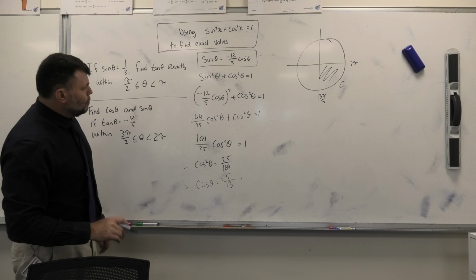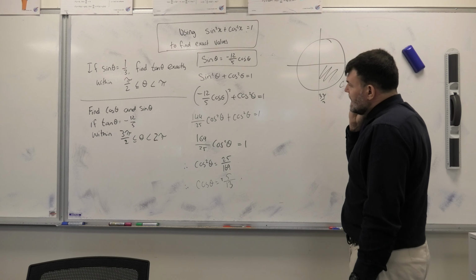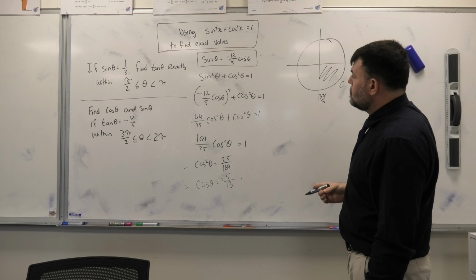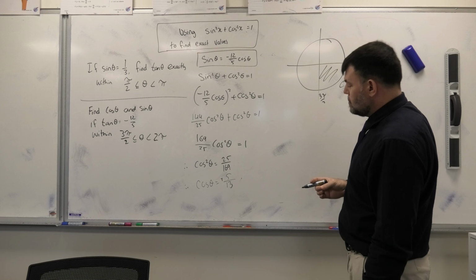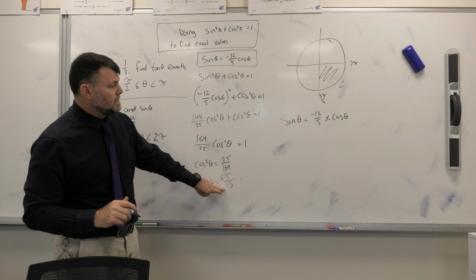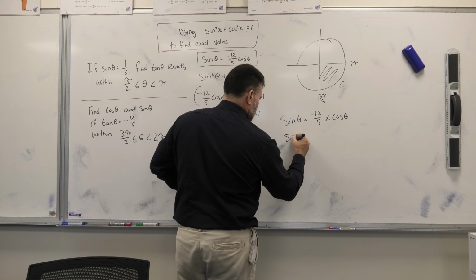I now want to work out my sine. Okay, is there somewhere around here that I can use to help me work out what sine is? What do I do? I have this up here. Remember I worked out sine right at the start. I know that sine theta is equal to negative 12 on 5 times cos theta. I have an answer for cos theta, which is 5 on 13. So now I can rewrite this here as sine theta is equal to negative 12 on 5 times